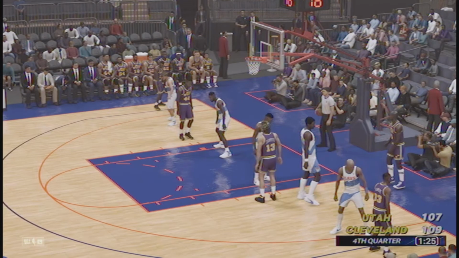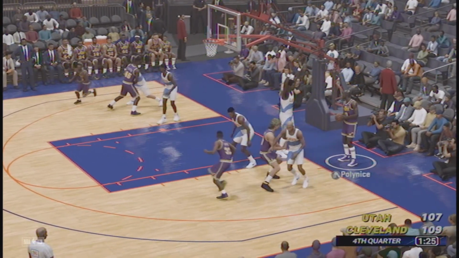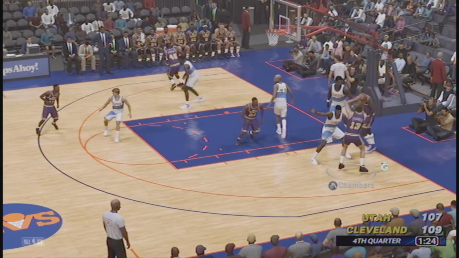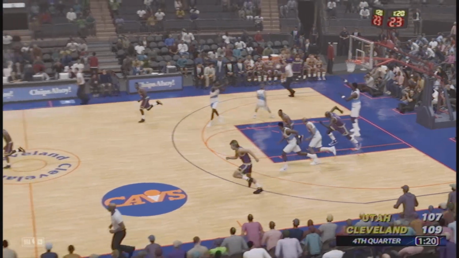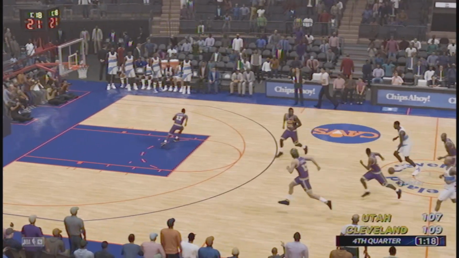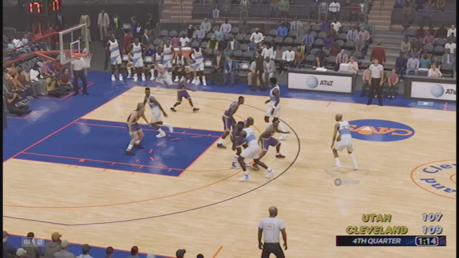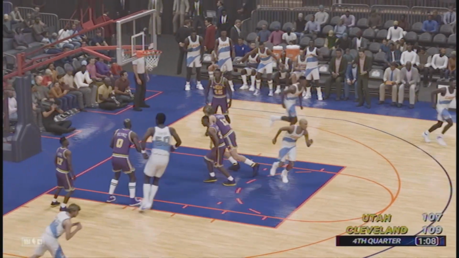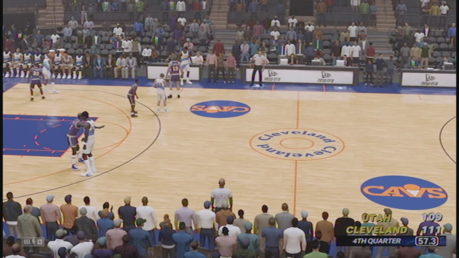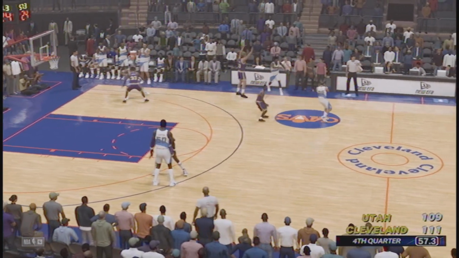Reggie Miller was feeling himself there. Tries the transition pull-up 3. Does that go down? That could prove costly. Hersey Hawkins misses the shot. Gives the Cavs a break, and now they have another chance to make this a 2-possession game. Reggie Miller, you going to do some more dumb stuff, or are you going to try and actually help win the game? Miller makes the shot there. There you go. There you go, Reggie. It is 111-109 now. 57 seconds left to go.